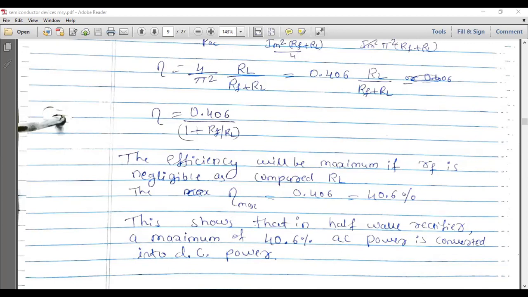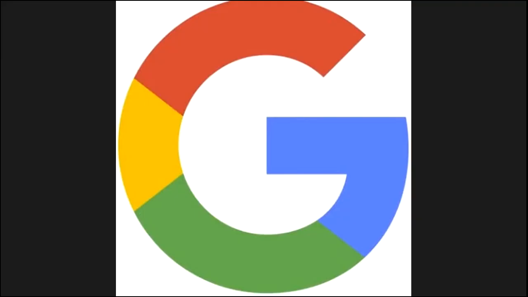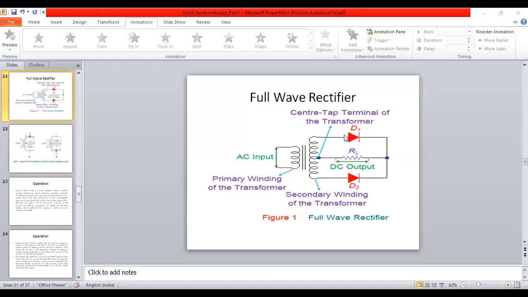See here, which is the load resistance? This is the load resistance, yes? Yes or no? Hello, is it audible? Is it visible, sir? The screen is not visible? Yes sir. Okay. Now it is visible? Yes sir.